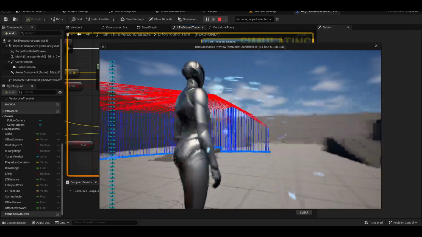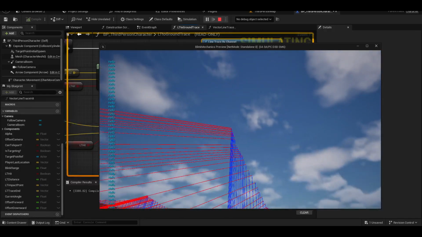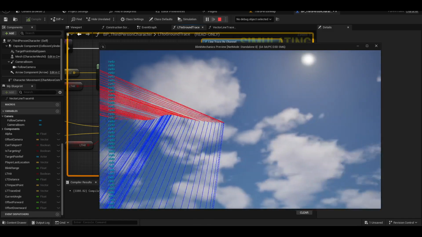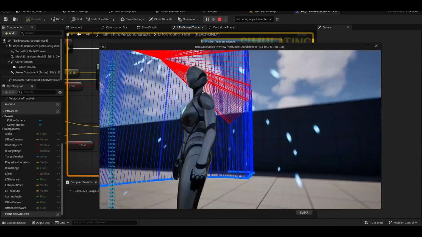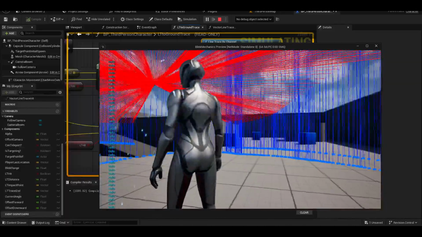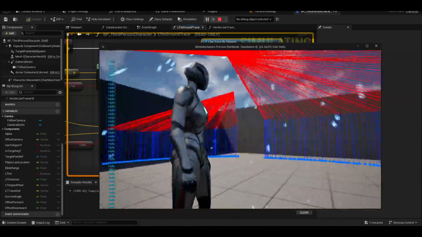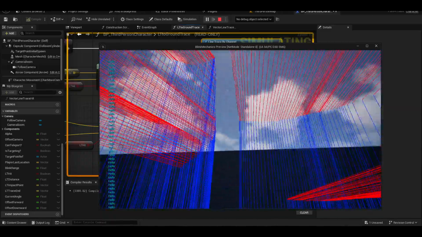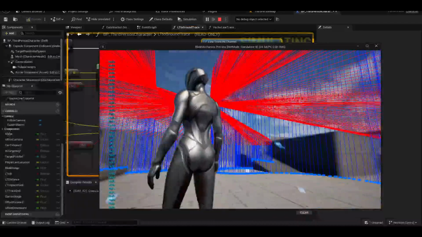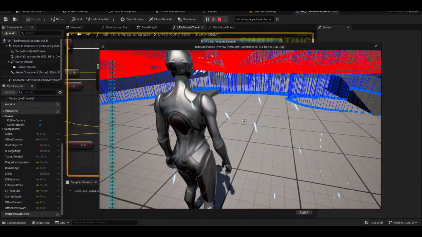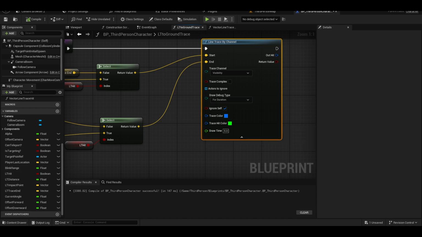So as you can see, even if I'm looking up, it's still looking down to the ground. So if I go there, everything's there, right? See that? Just our line trace. Okay? And then